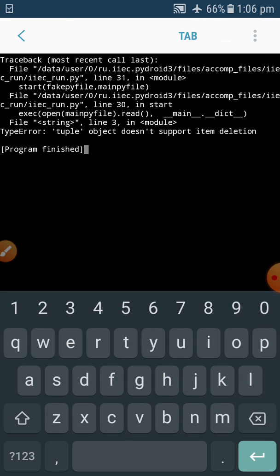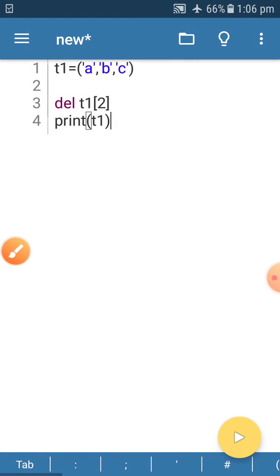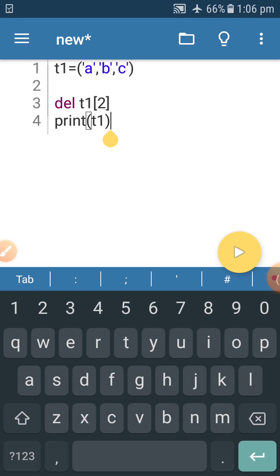So here you will face an error. Why will you face an error? Because we want to delete an element from a tuple, and this is not possible, because removing a particular element is not possible. Okay, so if we want to delete the whole tuple, that is possible.